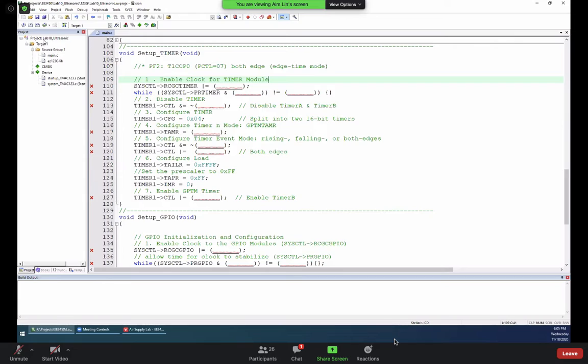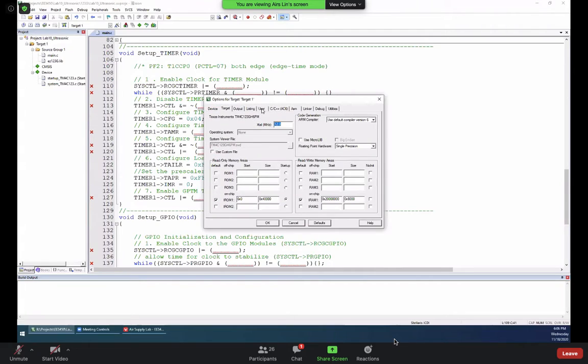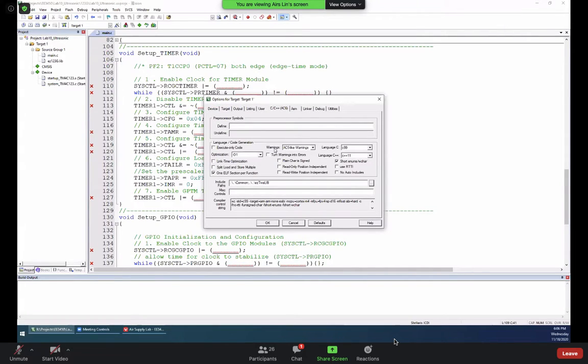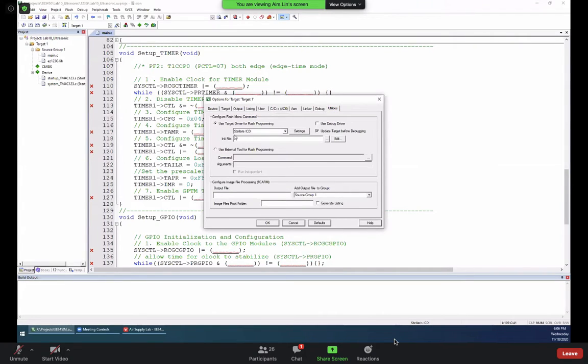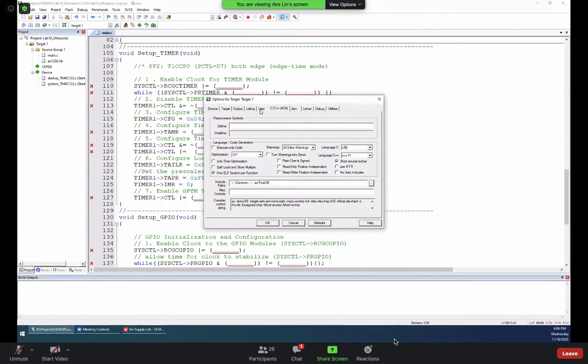The project name is Lab 10, the ultrasonic. Okay, and change the warning file like warning. Okay, change this one and add your common and the EasyTiva libraries, both folders, to your include path, and change the debug to the standardized ICDI and the utility to the standardized ICDI. Right. And one more thing is the